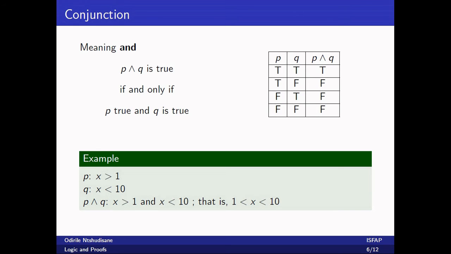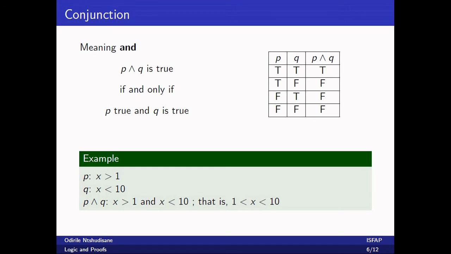That is, P and Q are both true at the same time. Now for this, our defining table is given on the right, where P and Q statement variables can have truth values of true or false, and this gives rise to